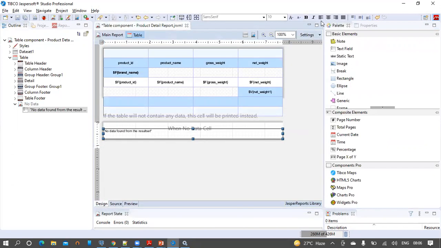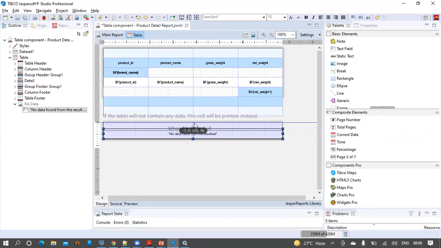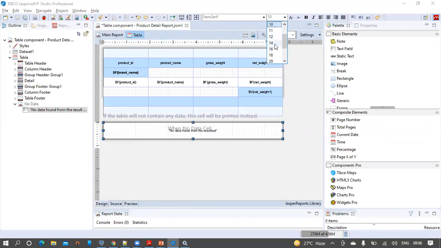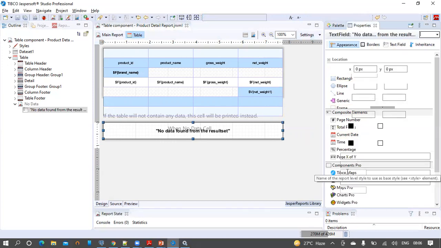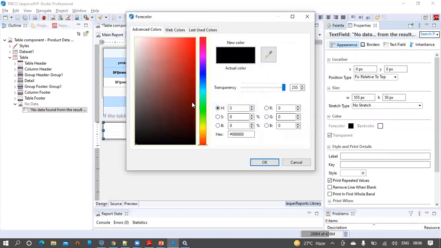Click on finish, quickly adjust the height and width of this cell, bold it, and let's represent this with a different color from the properties. Select foreground color as red family.